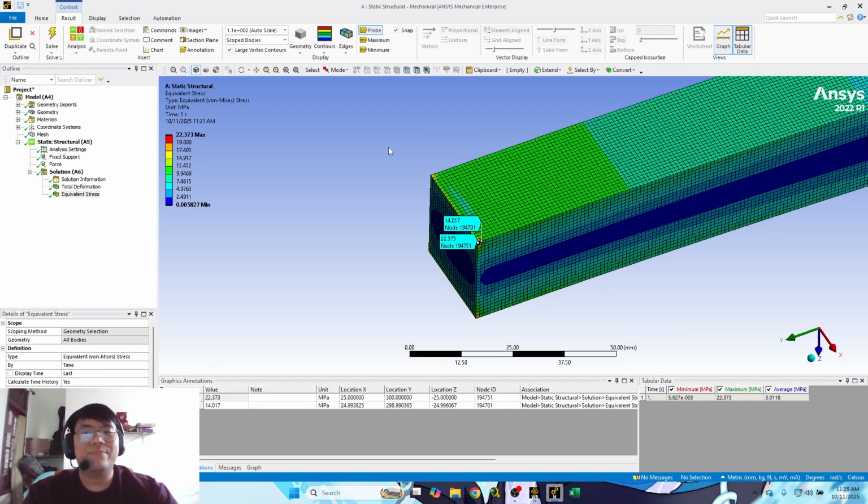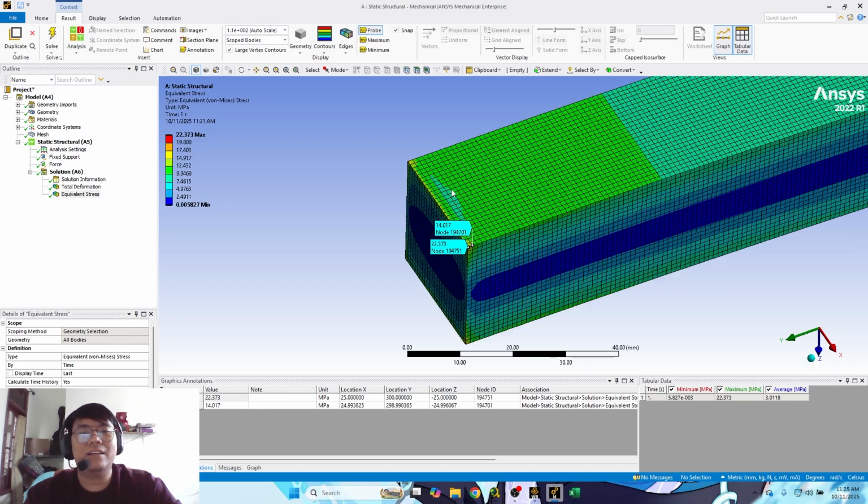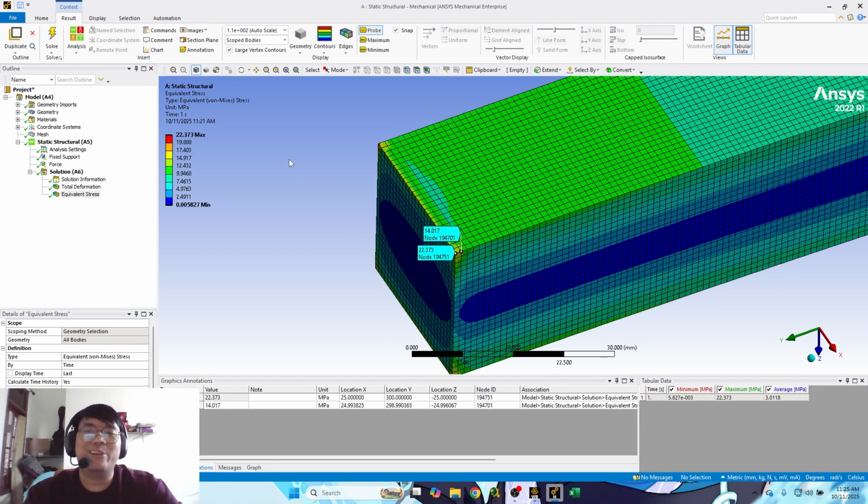I already put the radius in here, but the problem is still not solved. There is still the stress singularity.